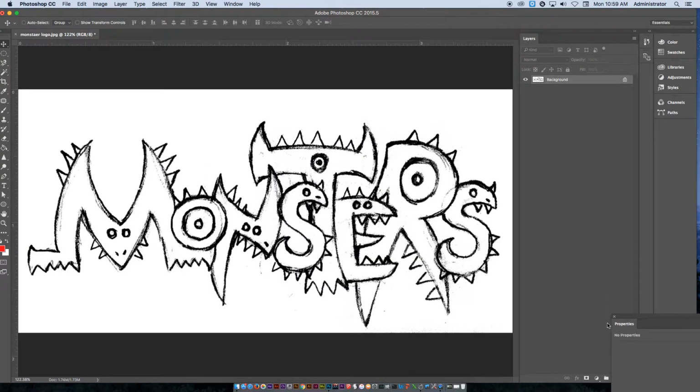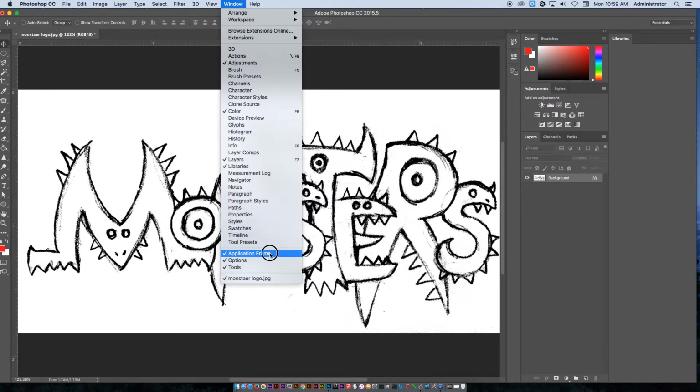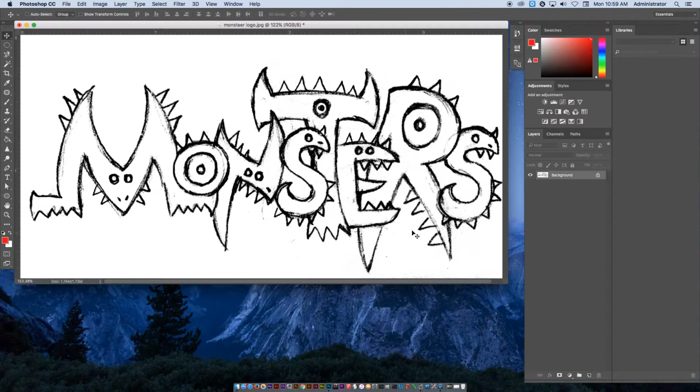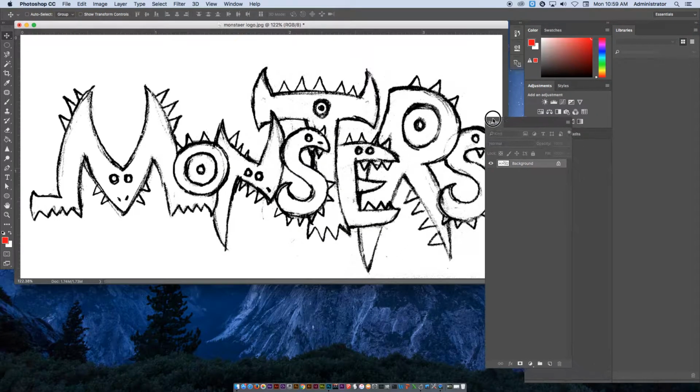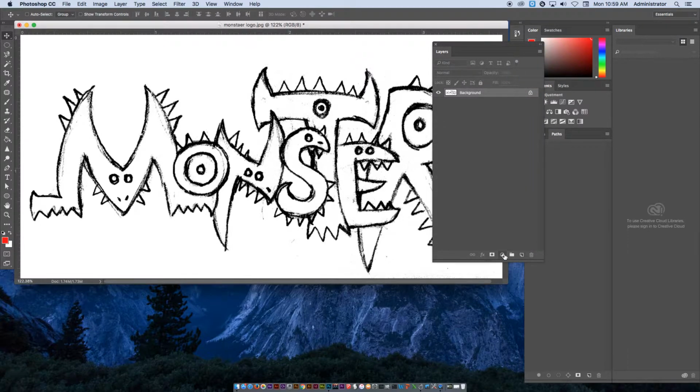At that point, I'm going to reset Essentials here, and I'm also going to go to Window, Application Frame, and pop that out. All right, so you see here in your Layers panel, I'll pull that out so we can see it a little better. What I would like you to do first is click on the